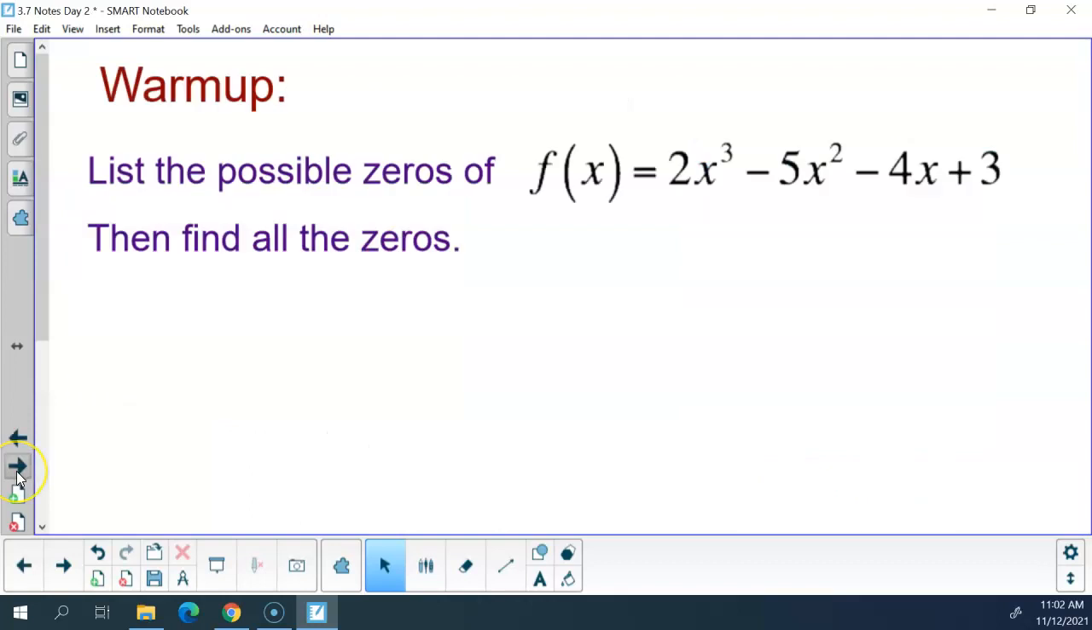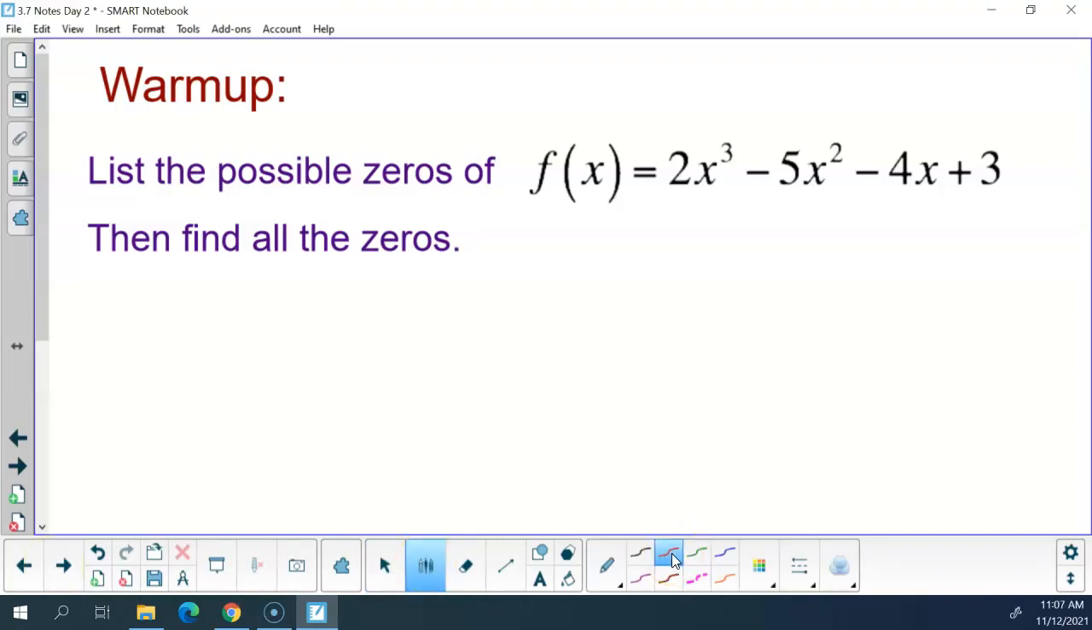So one quick warm-up problem here. First off, I would like you to list me the possible zeros of this function, and then I would like you to find me the 3 zeros of this function. Okay? So list, and then find. So to get my list,